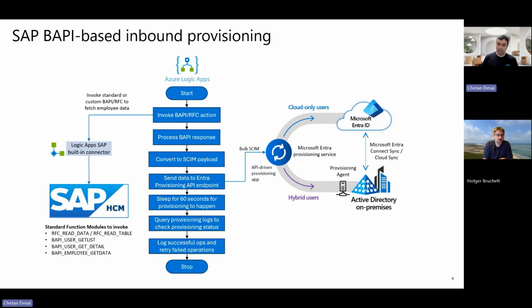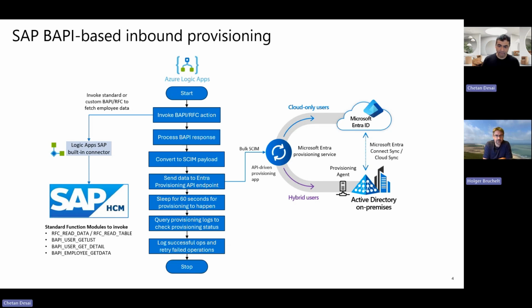Then you query the provisioning logs to check for the provisioning status. If any operation has failed, you can go back and check it and retry that operation. For those records for which the operation has failed, you can send the request again to the same endpoint.